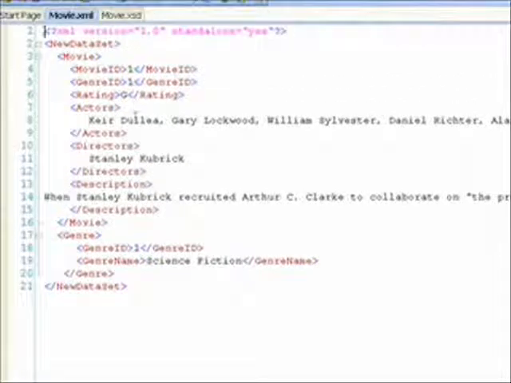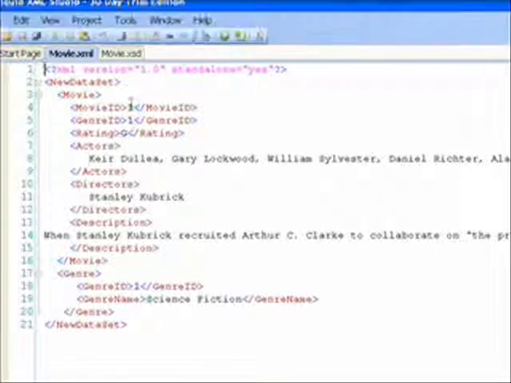But in order to be a valid XML document, you also need either a DTD, or document type definition, or a schema. And the XML document usually has an extension of XML, and the schema, which has almost completely replaced the DTD, has an extension of XSD.